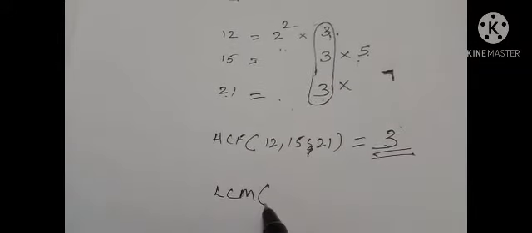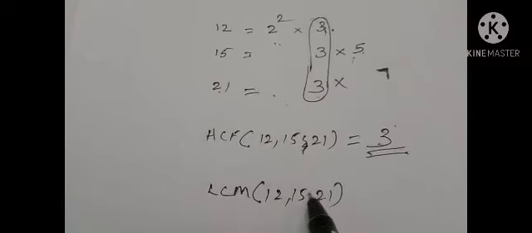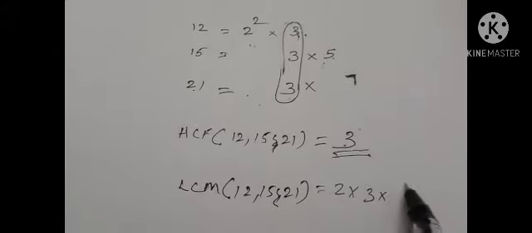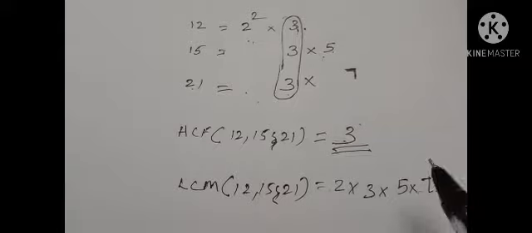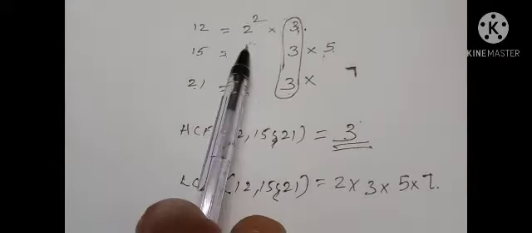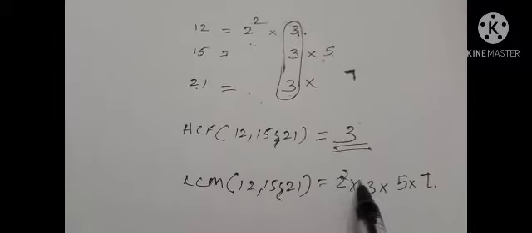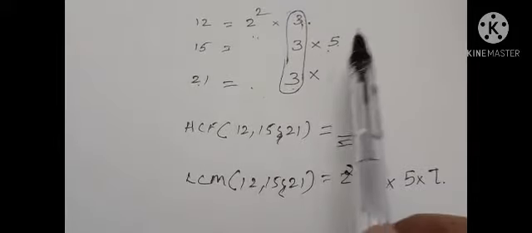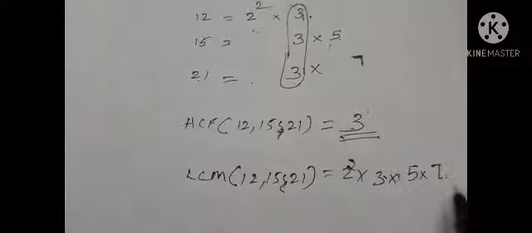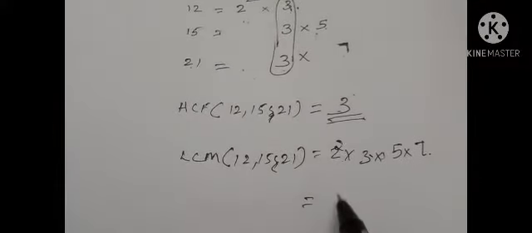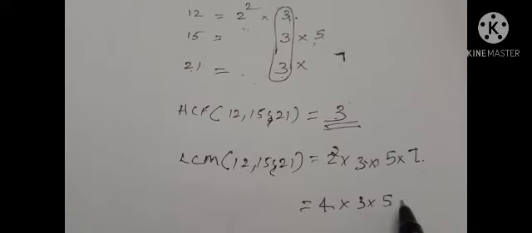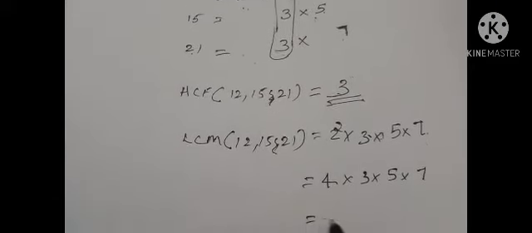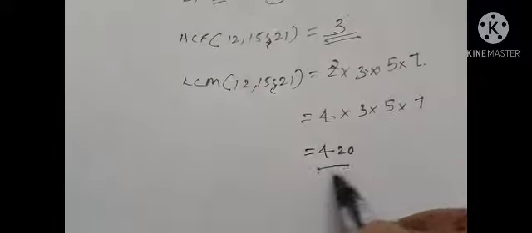Then for finding the LCM of 12, 15 and 21, we can write all the possible factors. 2 is a factor, 3 is a factor, 5 is a factor, 7 is a factor. Then we have to write the maximum power. The maximum power of 2 is 2 square. The maximum power of 3 is 1 itself, so we wrote 3 raised to 1, that is 3 itself. For 5, only 5 that we wrote. Only one 7 that we wrote. Then we can multiply 2 raised to 2, that is 4, into 3 into 5 into 7. That is equal to 420. When we multiply all these, we will get 420.